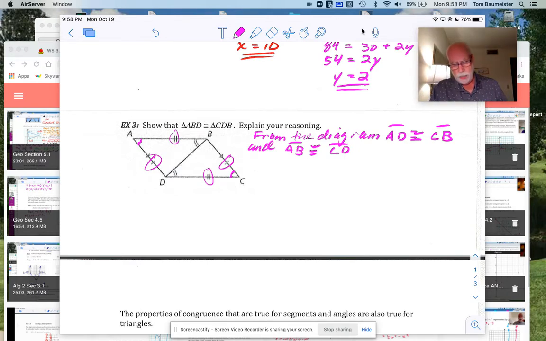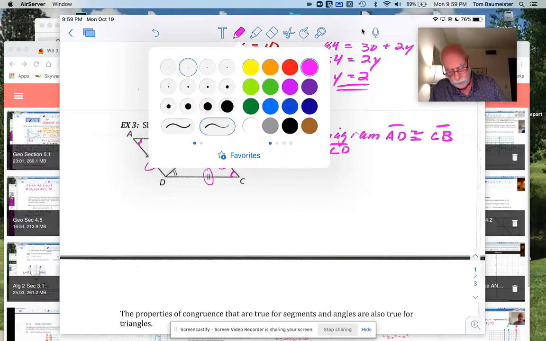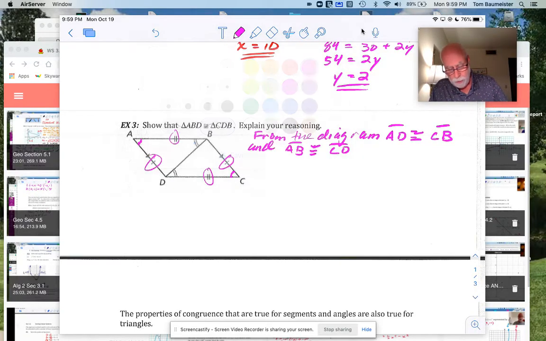Well, we're talking sides, so what about the last side? All right, here is a very important one that you probably forgot. I mentioned it earlier, okay? But we have those two sides are equal. We have those two sides are equal. Well, this side here would equal itself. All right, that's called the reflexive property. So, by the reflexive property,